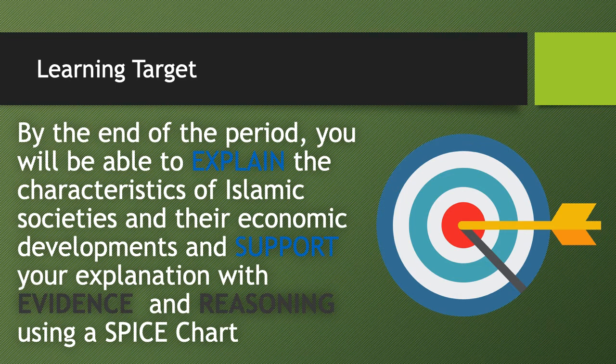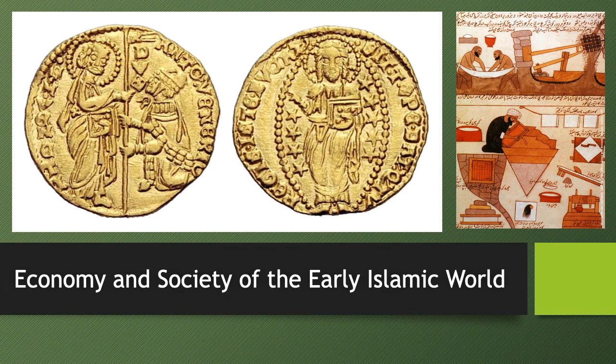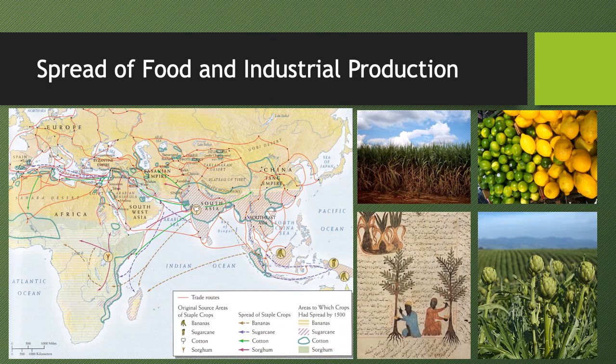So again, you're going to focus on the characteristics of the Islamic society and the economic developments. So the first thing we're going to look at is the economy and the society of the early Islamic world. That is the title of this section. And the economy is going to be heavily based and supported by the agricultural production that takes place. And this falls under the theme of interaction between humans and the environment, because farming is a way that humans interact with the environment. We take a plant that normally isn't growing somewhere and we plant it, and then we